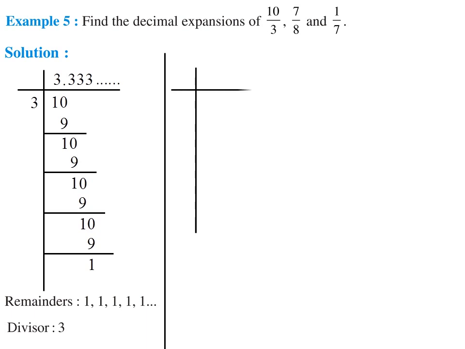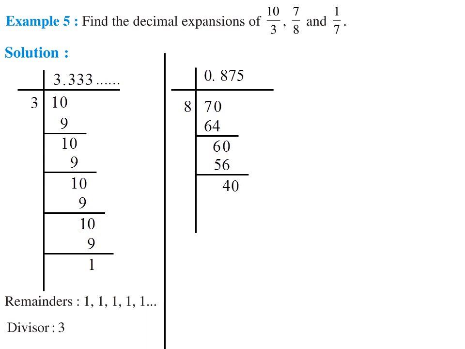Now for the second one, we have to divide 7 by 8. We cannot divide 7 directly by 8, so we put 0 and the decimal point. We can take carry forward 0 from up. Now 70 can be divided by 8. So we have the first number 8, and 8 8s are 64. After subtracting, the remainder will be 6. Again 0 can be carried forward, so now I have 60. 60 can be divided by 8, so it can be 7, and it will become 56. Now the remainder will be 4.